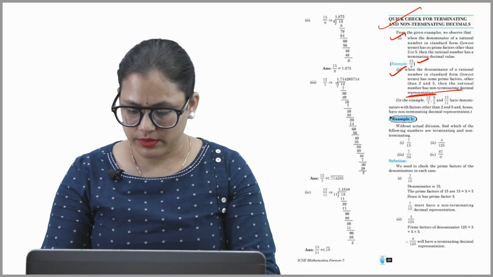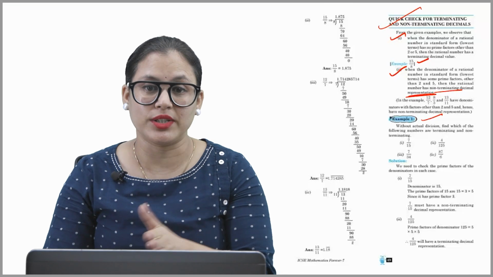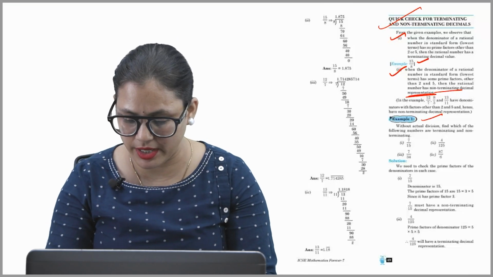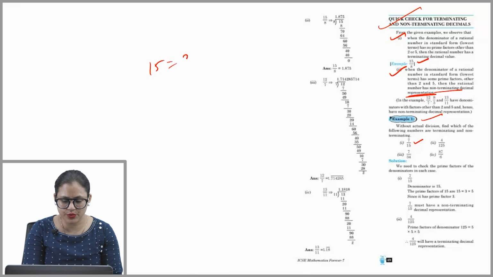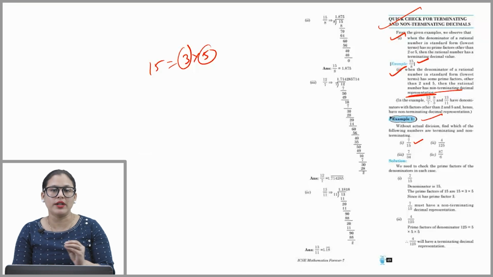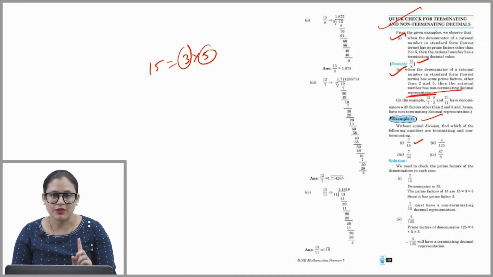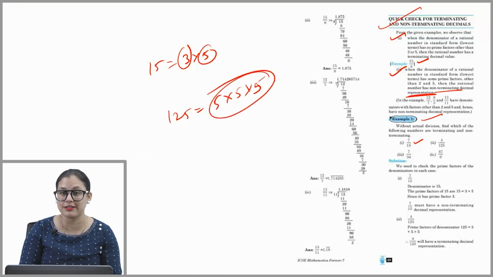Okay, example 1, without actual division, find which of the following numbers are terminating and non-terminating. Okay, first is 7 by 15. Okay, factors of 15 are 3 into 5. 5 is okay, but 3, it has a prime factor. Okay, so it is a non-terminating decimal representation. Then 4 by 125, factors of 125, 5 into 5 into 5. Okay, only 5. So this is a terminating